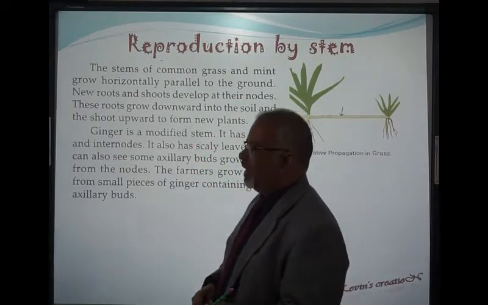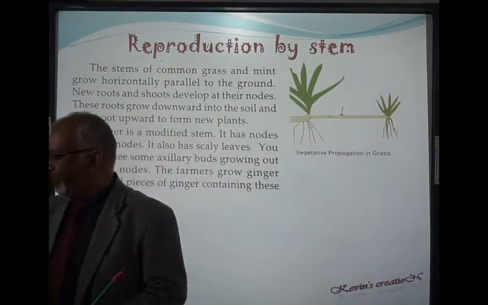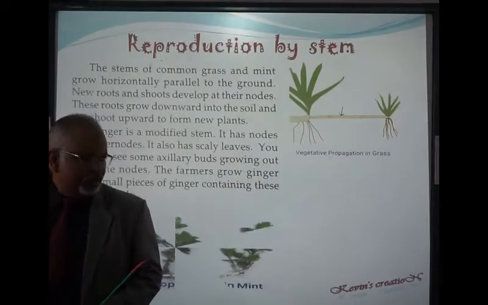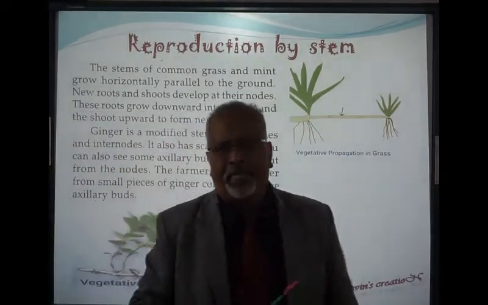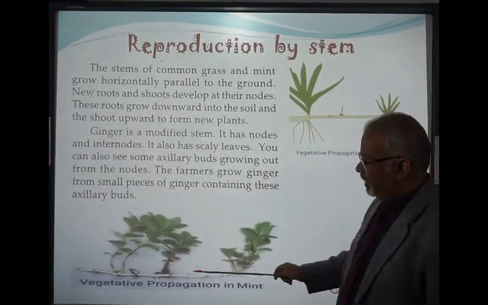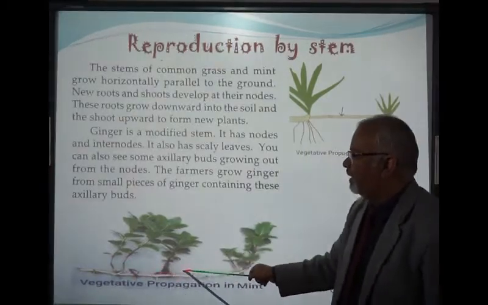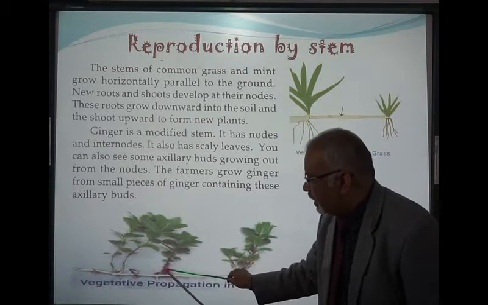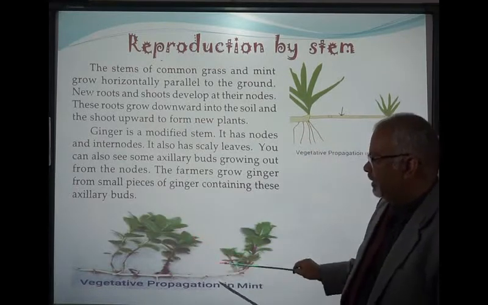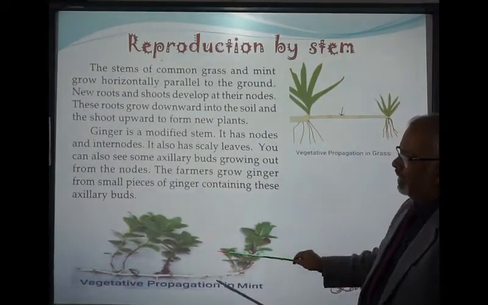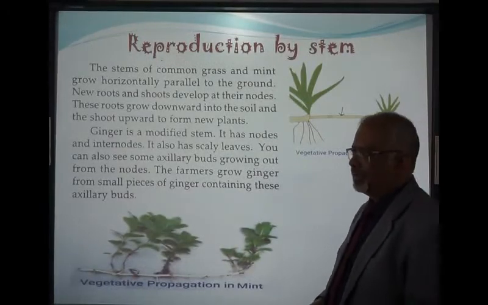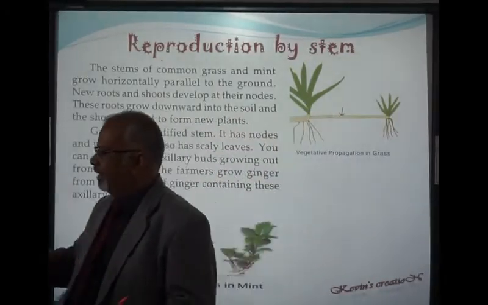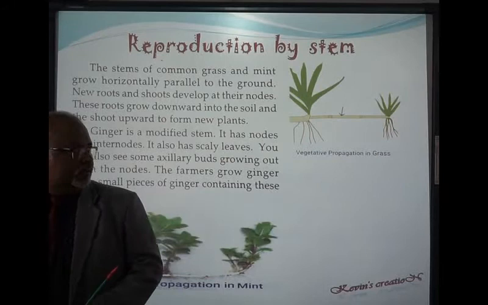Now ginger is one more example for this, but before that I will show you the mint plant. Just like grass, this also runs parallel to the ground, and here you will see that on the nodes it develops the root and the shoot system, and this is how this propagation takes place. When we are talking about ginger,